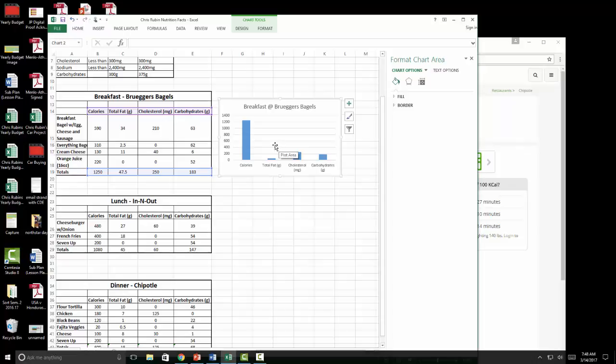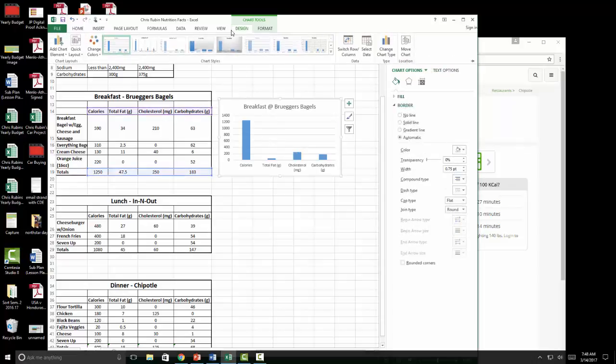I'm going to go to my chart layout tab. So I'm going to highlight this. I'm going to go to my design tab. And I have a lot of different options that I can choose from. So you can choose one that you like the look of,